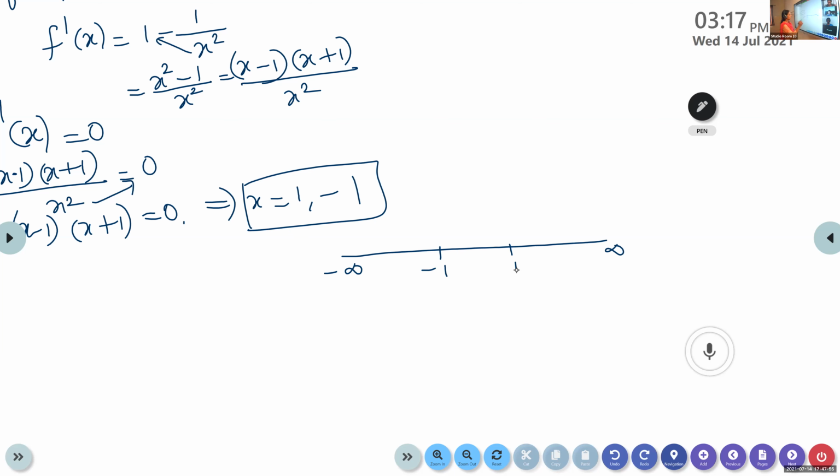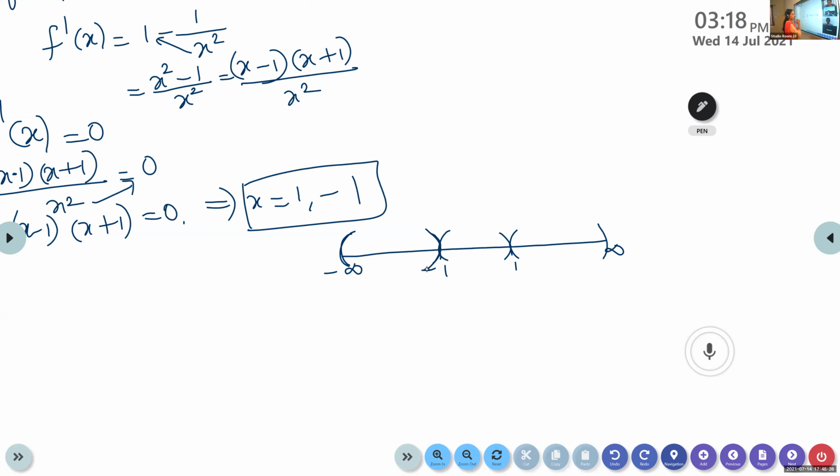By marking this, look here, the real numbers, we are dividing it into 3 intervals. Which are the intervals? Minus infinity to minus 1, minus 1 to 1, and 1 to infinity. We mark the points here. Which are the values of x here? Minus 1 and 1. On the number line, minus 1 will come, after that only plus 1. So after plotting the points, we get 3 intervals.